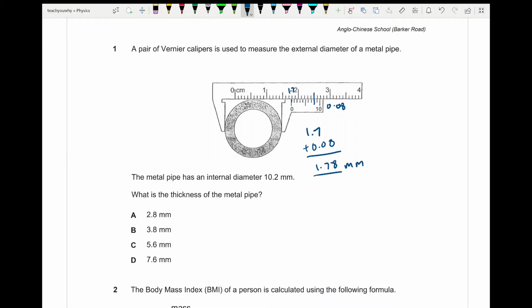Therefore, the external diameter is 1.78 cm, which translates to 17.8 mm. Pay attention that they want the thickness of the pipe, which means that they only want this part. So from here, we will need to minus the internal diameter, which is 10.2, which works out to be 7.6 mm. Now, it's not 7.6, because can you see that there's one part here, two parts here? So the thickness, you need to divide by 2. And therefore, the answer is